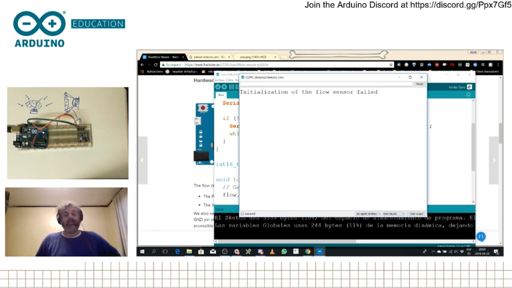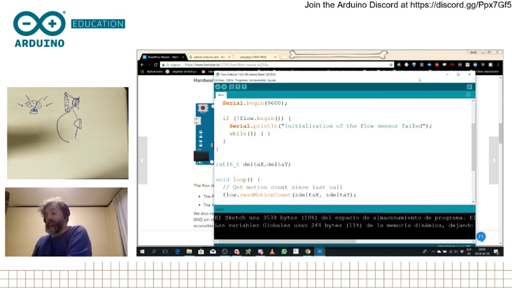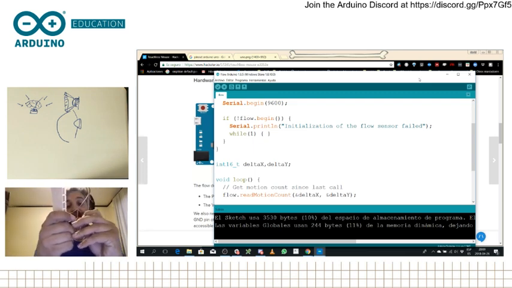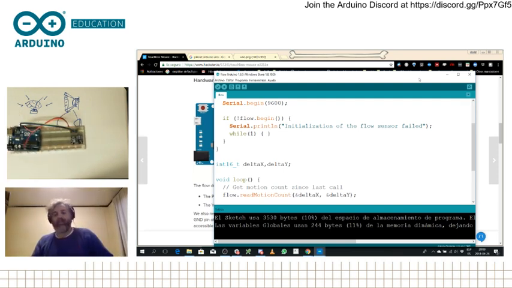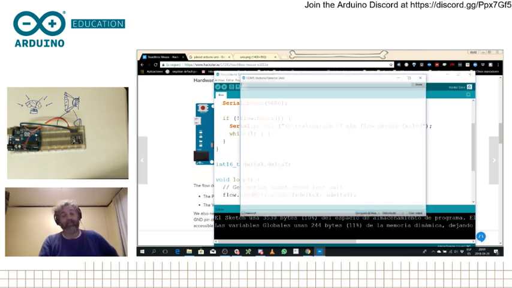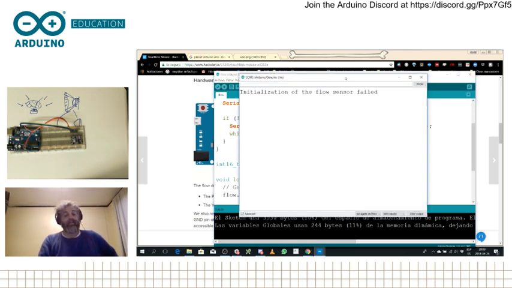and it failed. So if it failed, it basically means that either the sensor is broken, which I hopefully think is not broken because I only have this one, or I just connected the cables wrong. As I said, it's really hard to know whether MISO and MOSI are in one direction or the other. It's always like this when you get this kind of sensors, that you don't know if they are labeled from the sensor point of view or from the board point of view. So I just plug it again. I don't need to re-upload the program because it's already there. I just need to open, and it failed initializing the sensor once more.